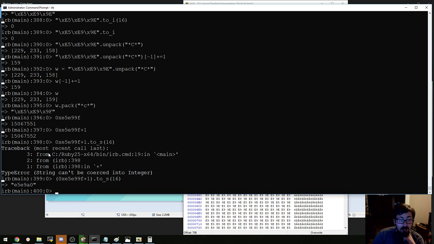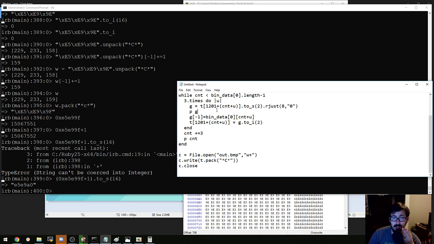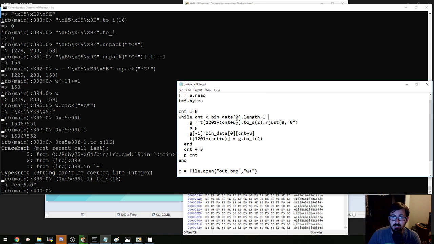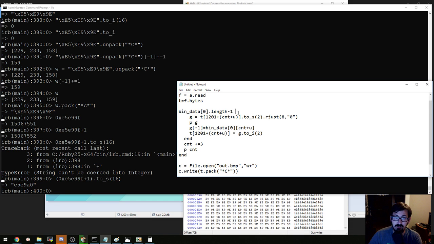To move it by 1. So what we want to do instead of doing these in 3s, we want to grab 3. We want to do bin data.length dot times do